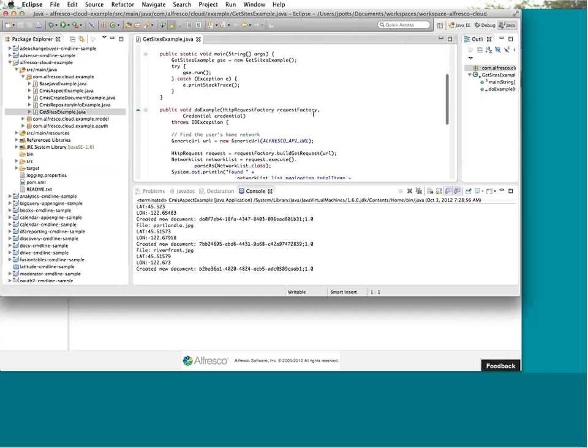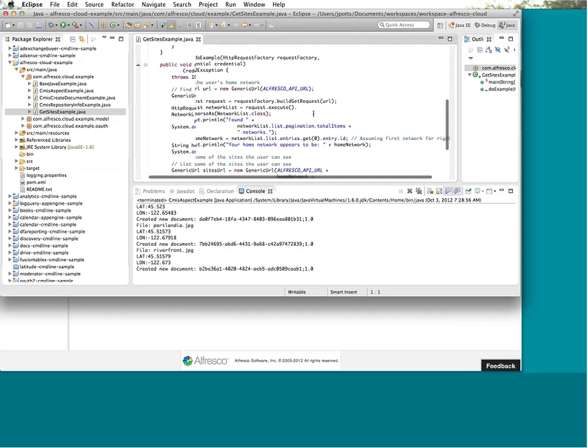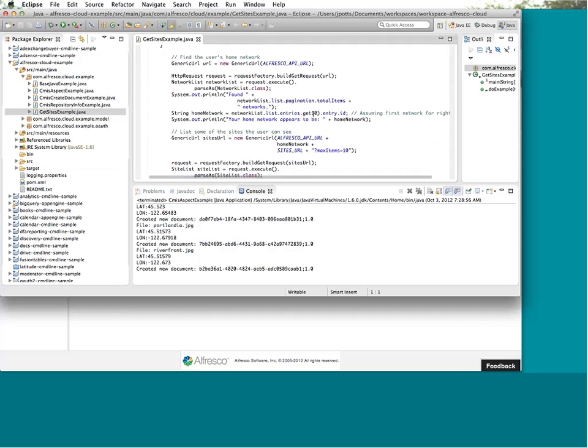All this example does is connect to the Alfresco cloud, grab my home network, spit that out into sysout, and then grab the first 10 sites that I'm able to see. And so if we run this,